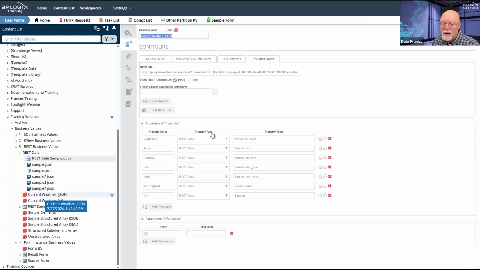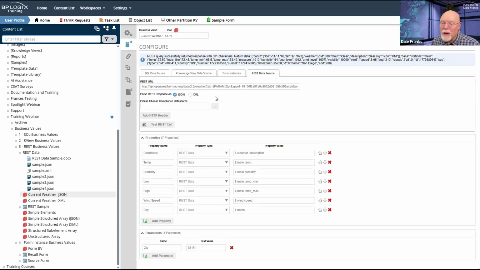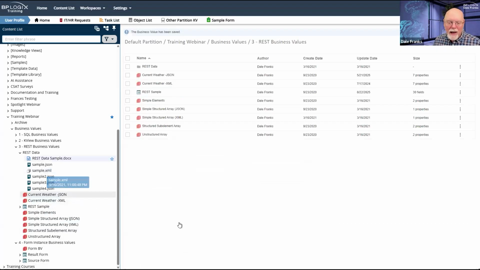So if we go back to current weather JSON and we change main to description, and let's test it real quick. 92111 and test REST call, and it pulls that, and there we go, description, clear sky. That's exactly what I wanted to see. So we'll just hit OK and we'll save that.